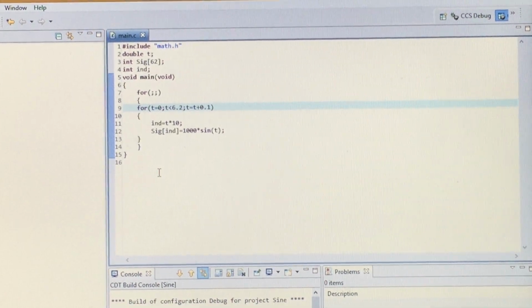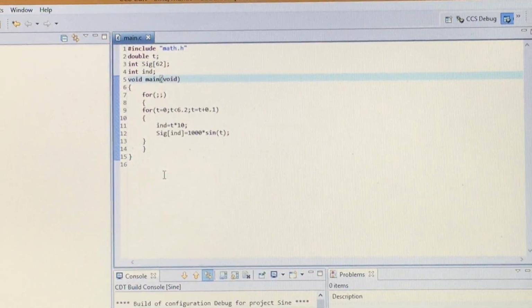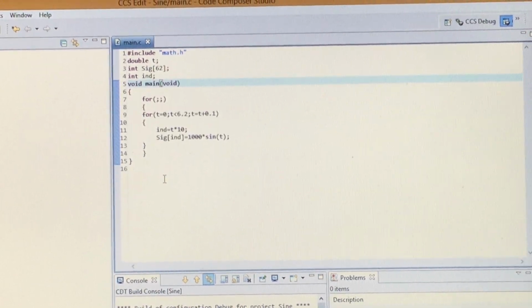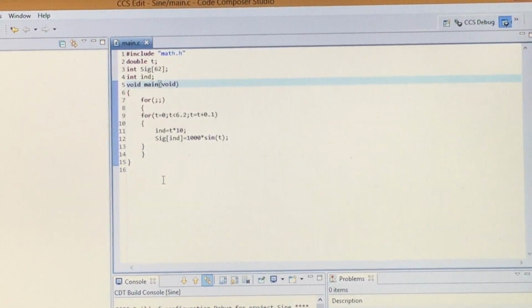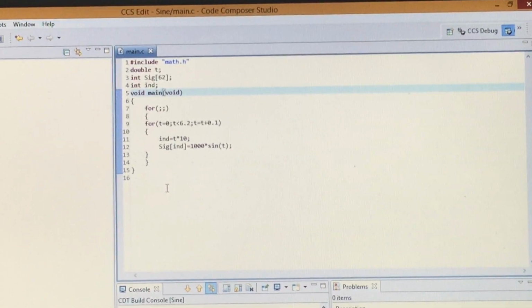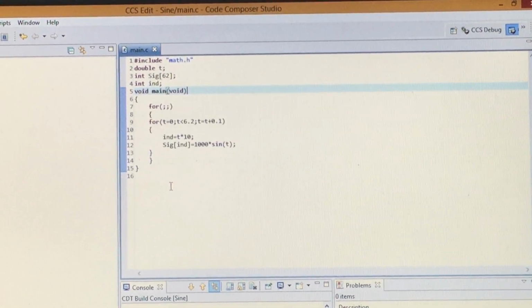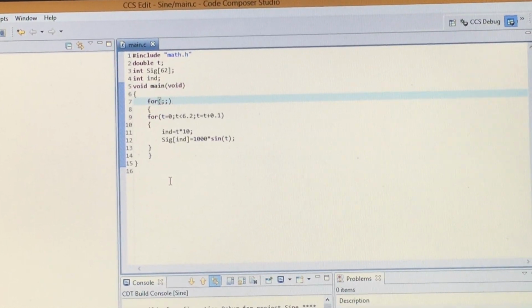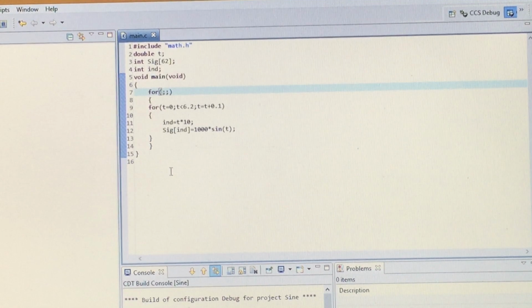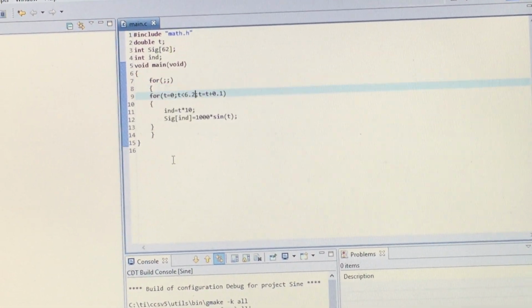Again, here we have given void main void. It indicates that we are not returning any data type or passing any data type from the function. That's why we have mentioned the data type of return as void and the data type of passing argument also as void. We are using an infinite running loop as we have to generate the sine wave continuously,